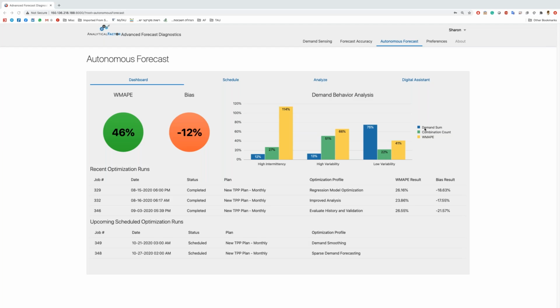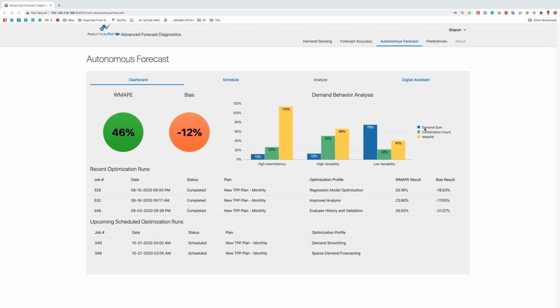So if I need to improve my forecast and I want my planners to have a significant impact on improving my WMAP, I'm not sure that I want them to start with looking into the highly variable combinations. I probably will want them to look into the low variability, because on the low variability, I have not that many combinations. I have only 22% of the combinations, but they count for 75% of the demand. So improving those 22% of the combinations will have the biggest impact on improving my error, right? And the last one will show me also the percentage of error per every bucket.